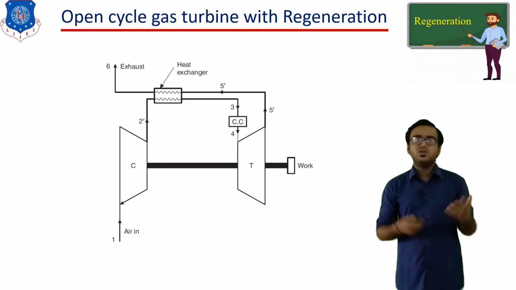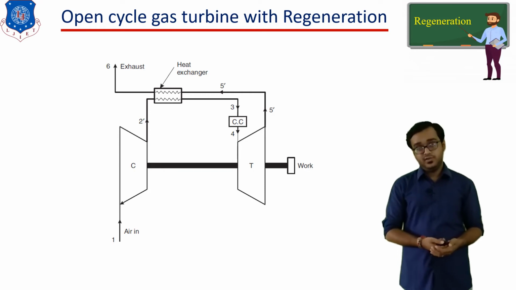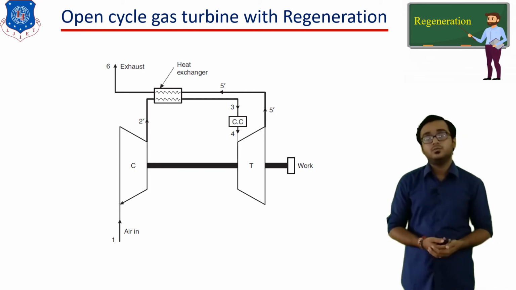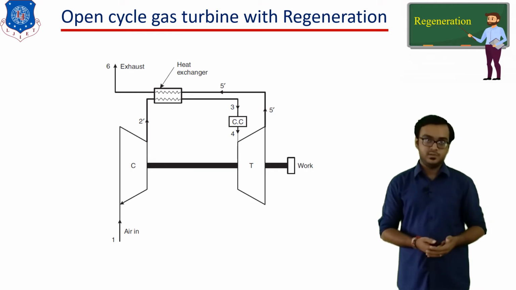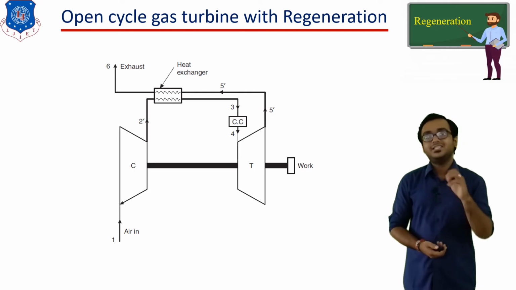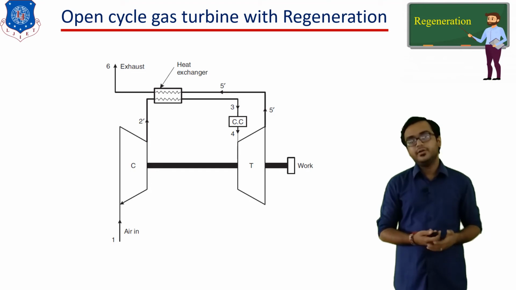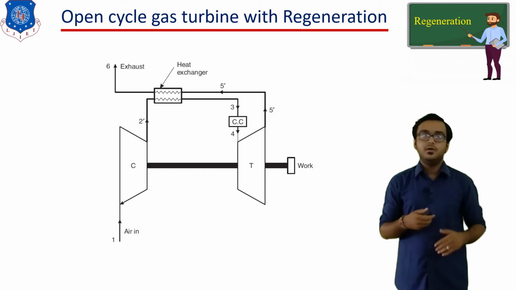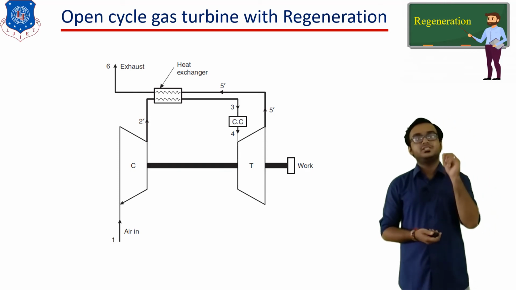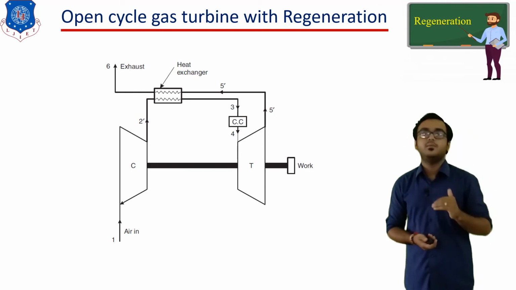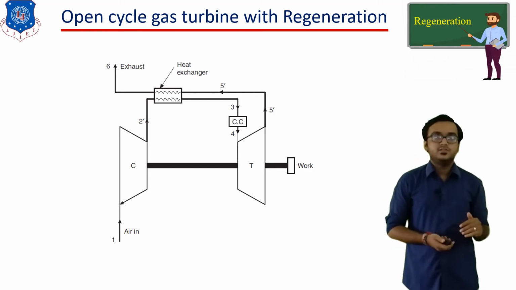Okay. Now, what about the heat exchanger? Suppose I want to identify the effectiveness of the heat exchanger, then what do we have to do? Effectiveness is nothing but the actual heat transfer to the maximum heat transfer. I think you might have studied this in the heat transfer subject. Just recall the heat transfer and you will get the idea regarding the effectiveness of the heat exchanger. Okay, so you need to derive the equation for the same.